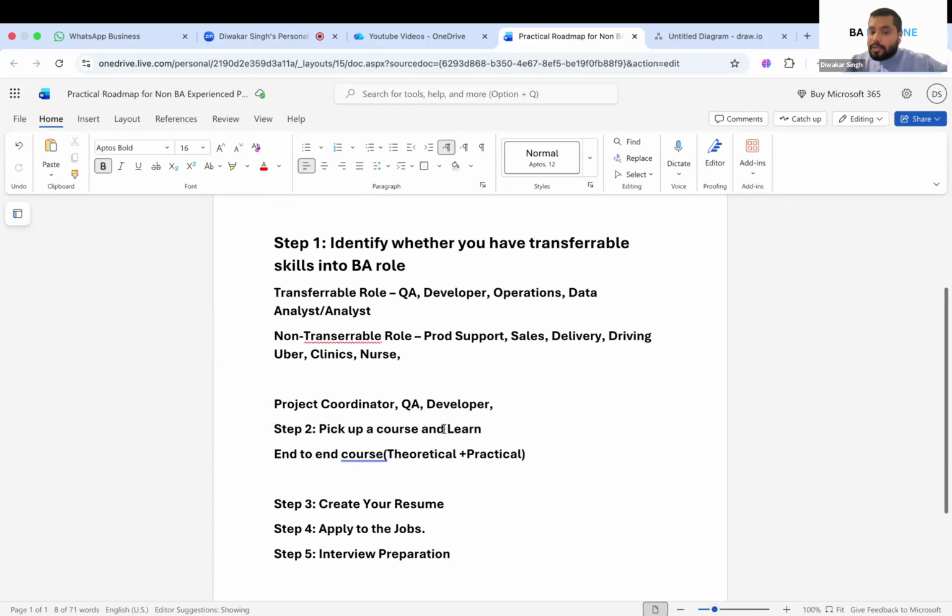Like I said, when you learn any topic, make sure you are able to apply it practically in your current project, not the projects used in the training, or the internet project, or case studies, but your existing project. Are you able to relate that? Are you able to align that? So create your stories, create your narrations.